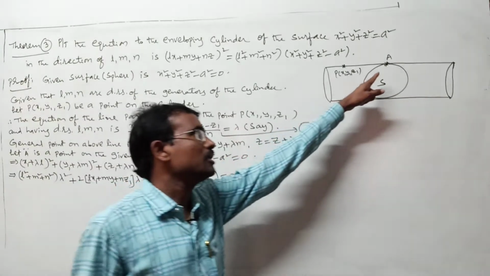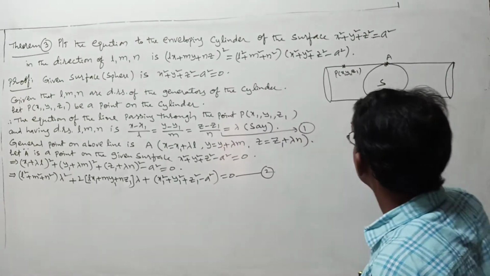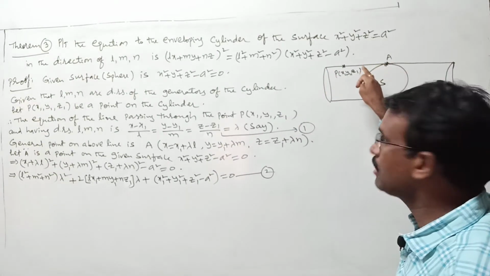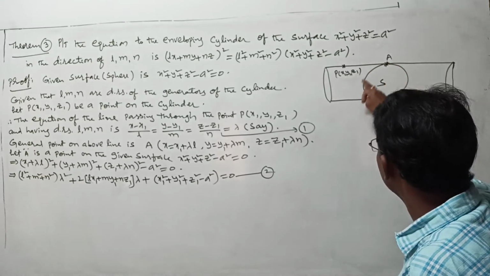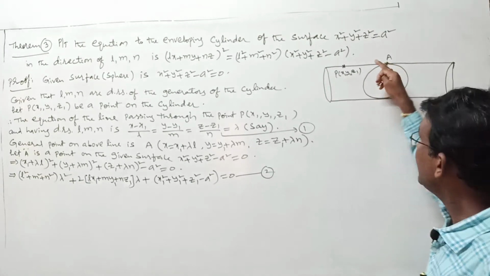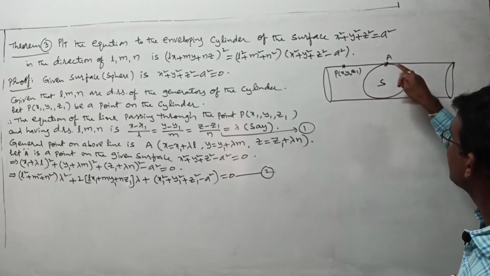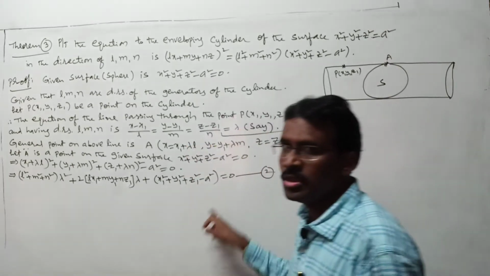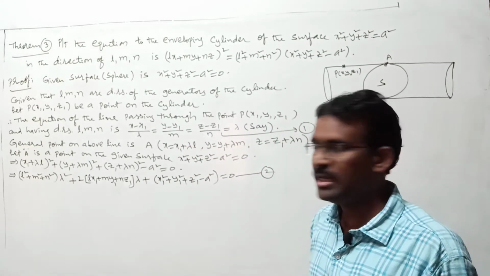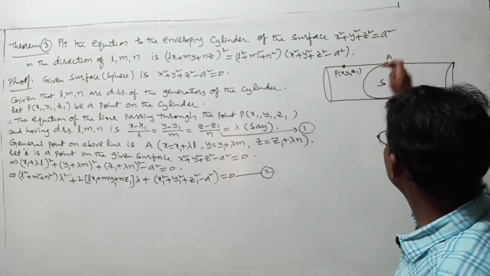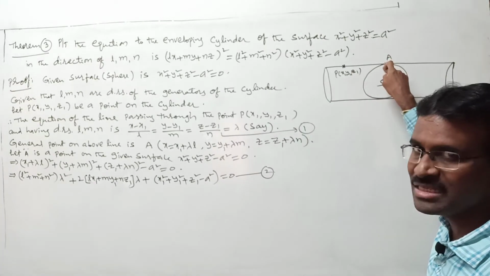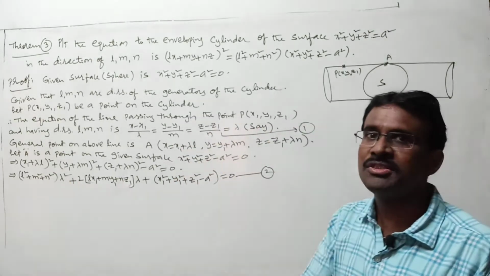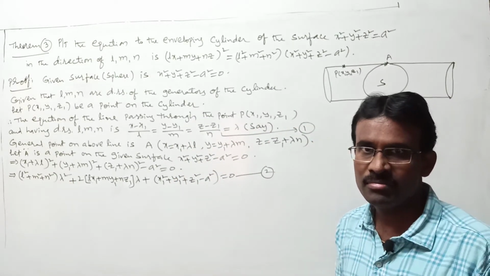But if we concentrate on this diagram, does this line touch this surface or not? Is this line a tangent line to this surface or not? Whenever this line is a tangent line to this surface, only one common point will be obtained. That means if you simplify this, you get 2 equal lambda values, both must be equal because there is a single common point. Whenever the roots of an equation are equal, its discriminant becomes 0.